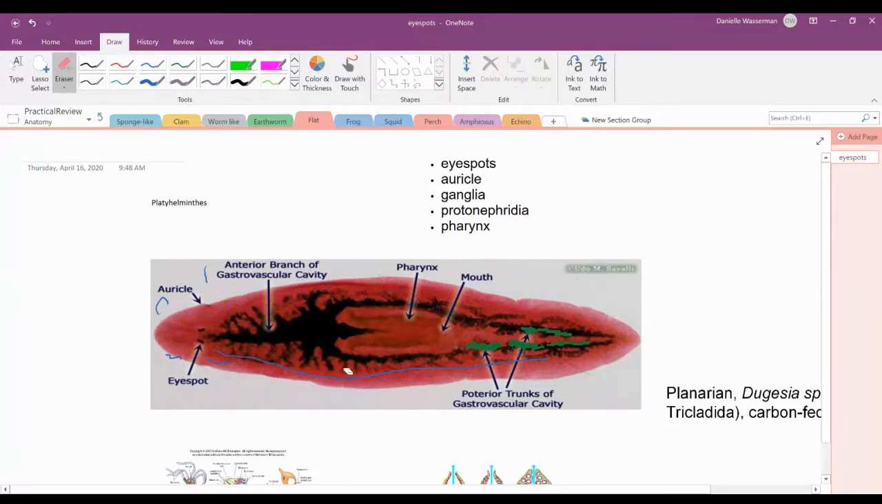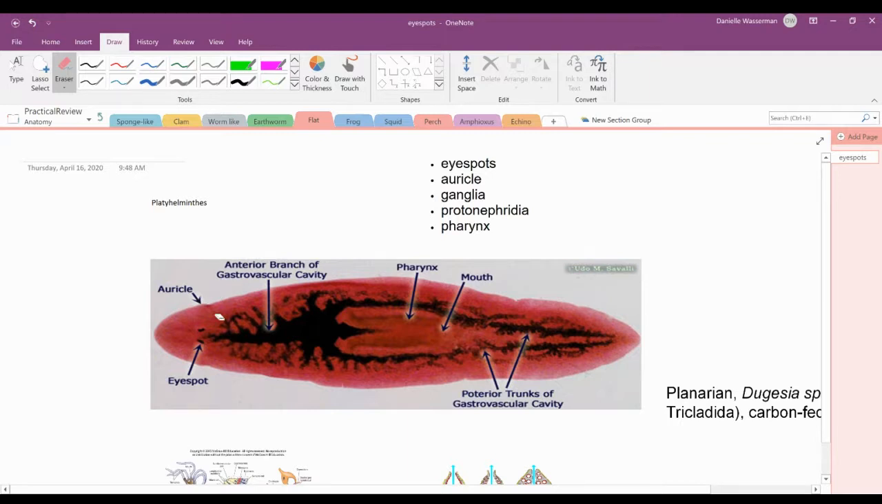So you could get a slide such as this, where you will have to identify one of these things. Probably not trunks or anything like that, but you should know that this whole thing is gastrovascular cavity. This is the pharynx, which can be distended, and that the mouth is at the end of the pharynx. The auricles, we didn't talk about that much with my group. They're simply the